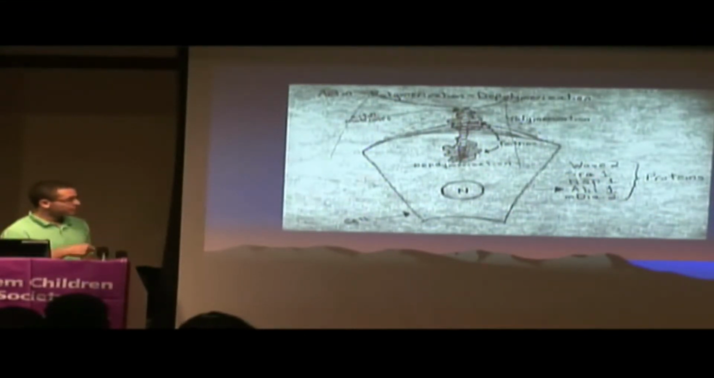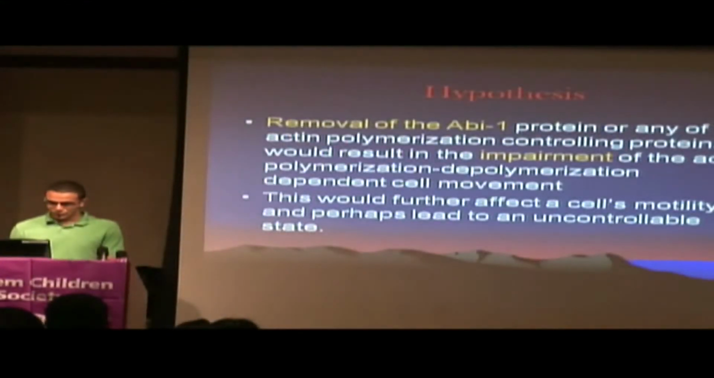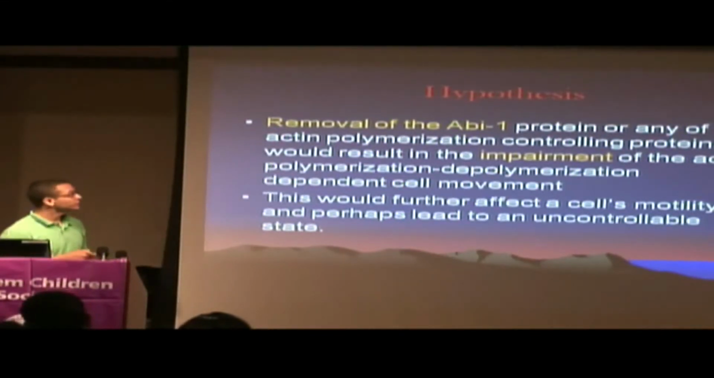This is called the polymerization, or the formation of the actin put together or aligning together, and the depolymerization, which is the canceling out of the actin within the cell. And the proteins being used, again here, the list, and the ABI1 protein, which I'll go into right now. So our hypothesis was if we remove the ABI1 protein from the cell, from the actin network, it will cause